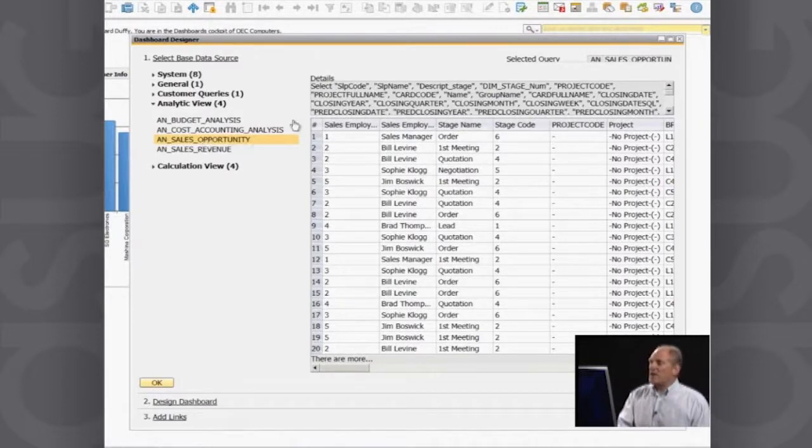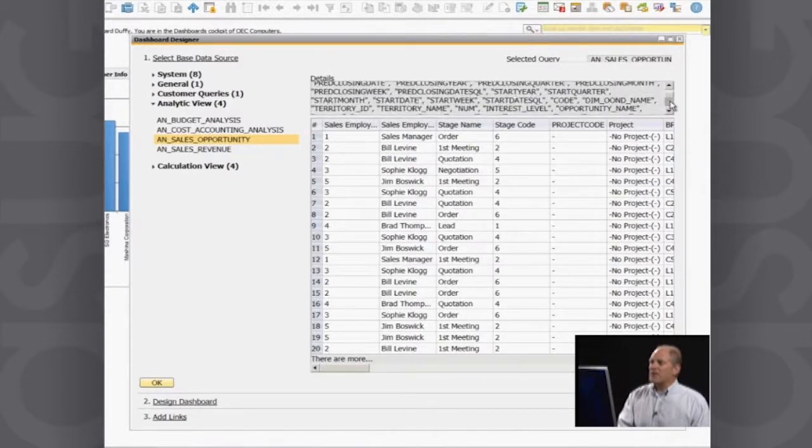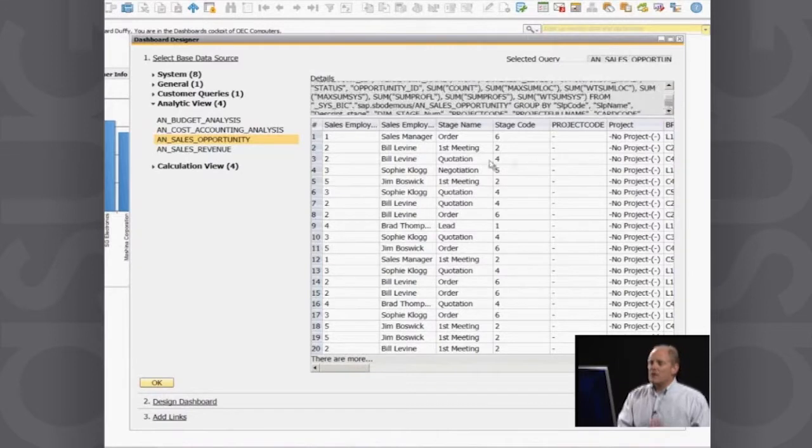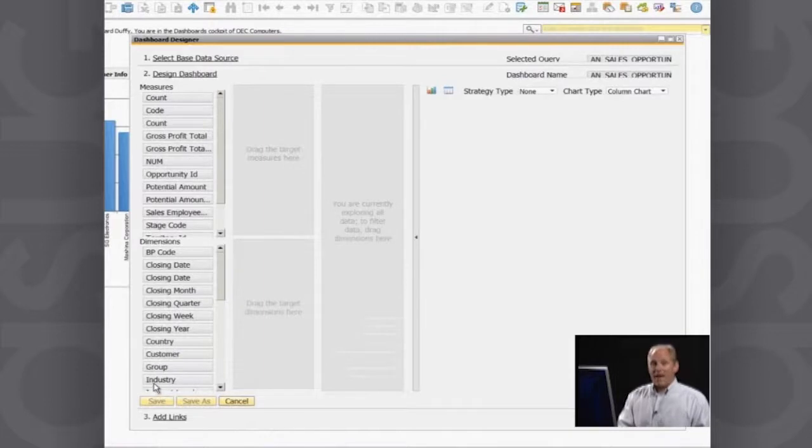And there you can see I have all these different values that are in the semantic layer that I can choose from. I'm fine with that. I really don't want to change that. As a matter of fact, when I'm working with the semantic layer, at this point I can't change it, but I can go in with another tool that I'm going to show you in a little while and edit the semantic layer. But for now, I don't want to do that. So that's the semantic layer. I click OK. Now I'm back to editing my dashboard again, and it's exactly the same process,